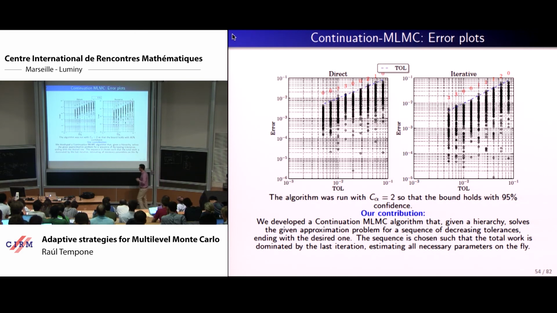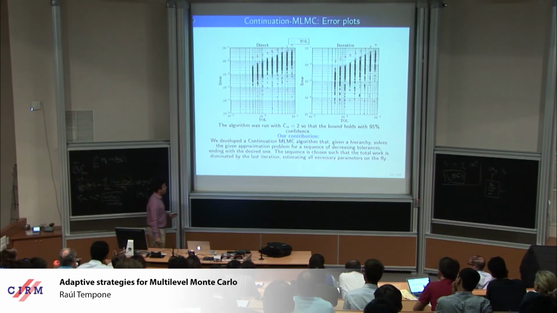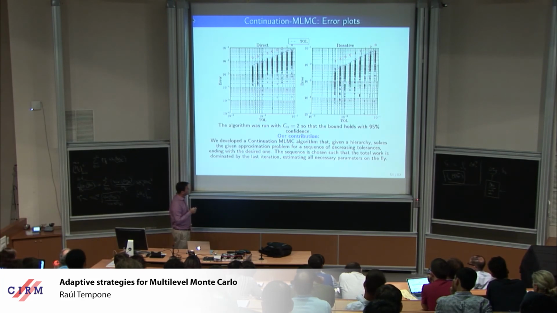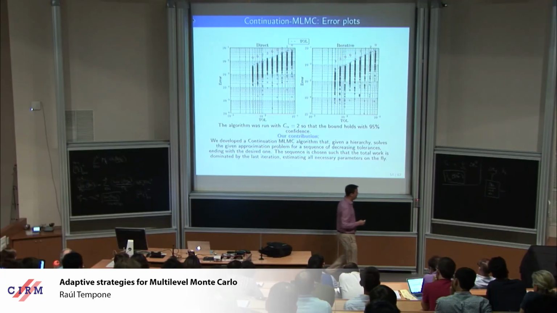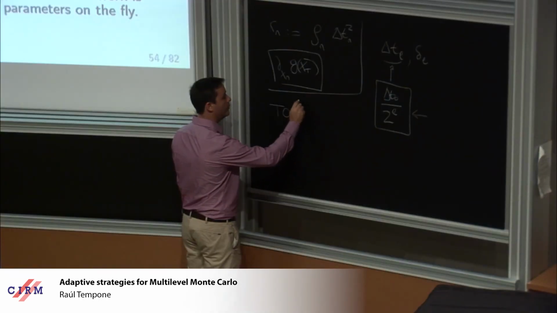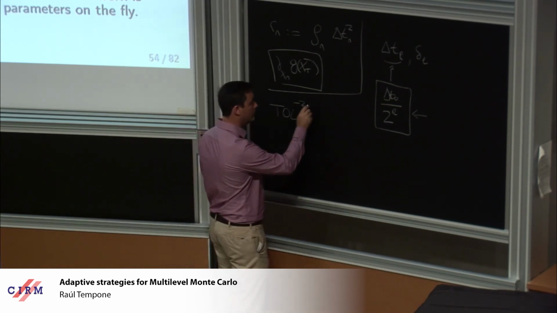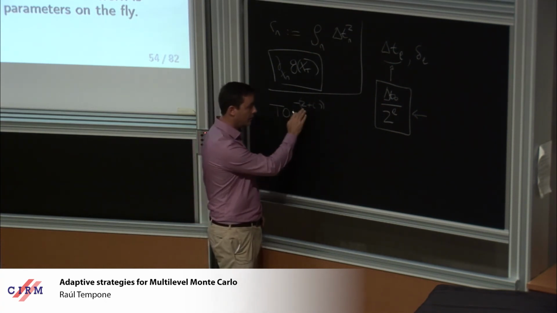Now, coming back to this question of finding the variances and other relevant parameters to do optimization, in the continuation multilevel Monte Carlo, what we do is to solve a sequence of problems until you hit the problem that you want. So essentially, what happens? We know that in the best possible case, the explosion of the work in Multilevel Monte Carlo is tol to the minus 2, right? Best possible case. It could be even worse, and you can have a log term here. But the worst is like this.